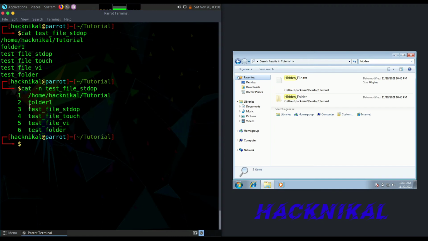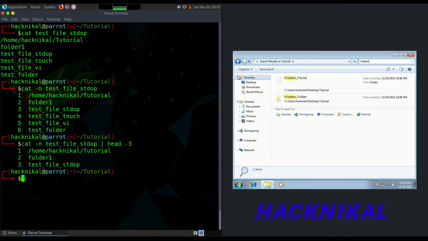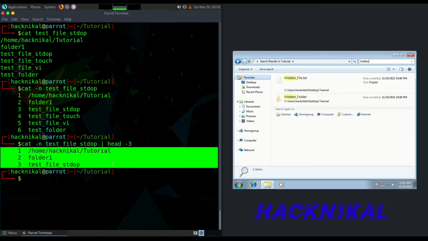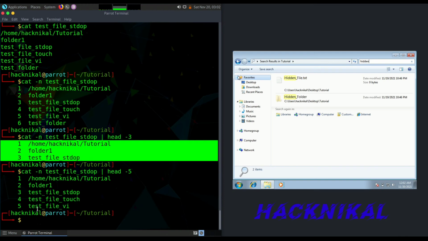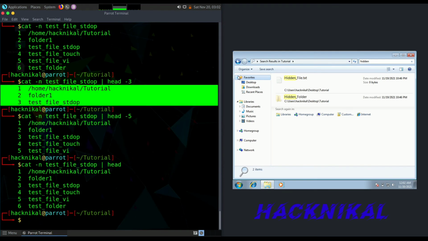So if you want only the first, second, and third line to be printed, in this case we will be using the head command, and we need to give a count of how many lines from the top I want printed. Like I'm printing only three lines over here, so it will give me lines one, two, three. The same goes with any number of lines, like if I want to print 5, then it will print 5. If you do not specify any number, it will print up to 10 lines. As of now, this file contains only 6 lines.